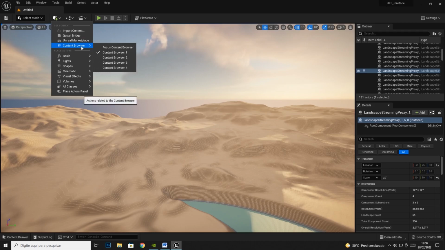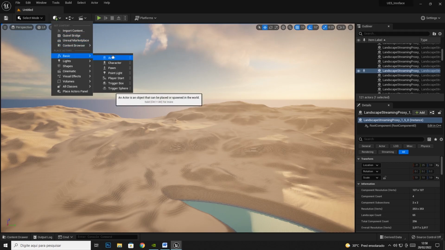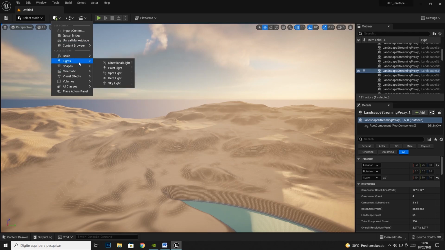Marketplace, content browser, where I stored your content. We're gonna talk more about it. Here, your textures, materials, assets, they always are gonna be there. Content browser. Besides, you can create the basic actor character, like you can put lights, shapes, cube, and